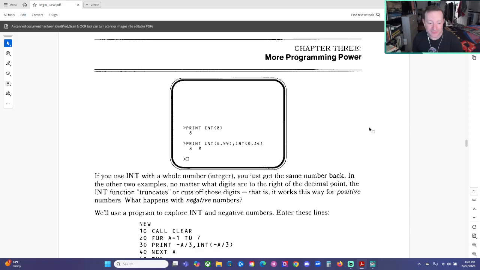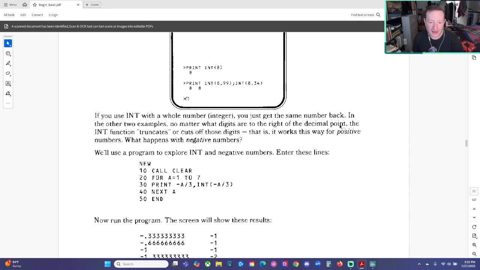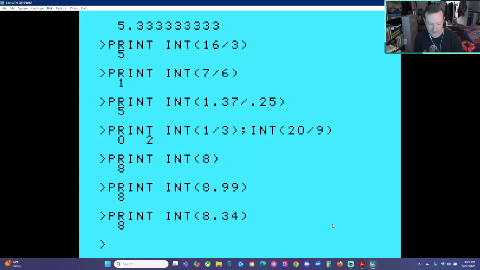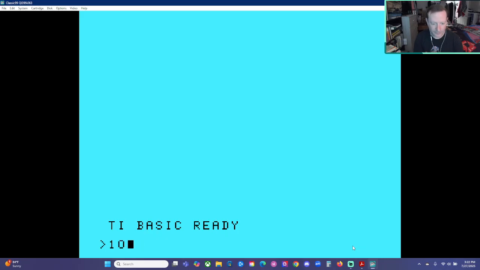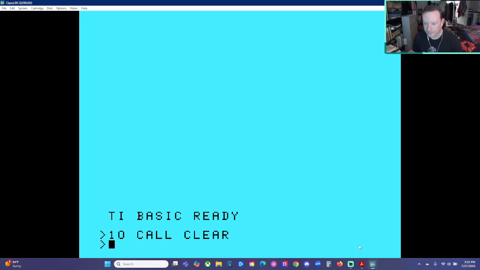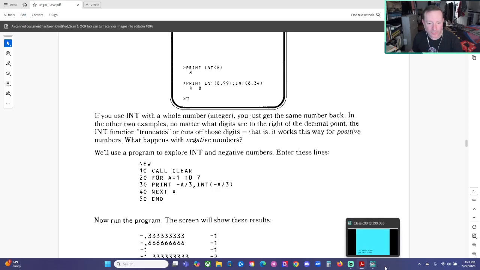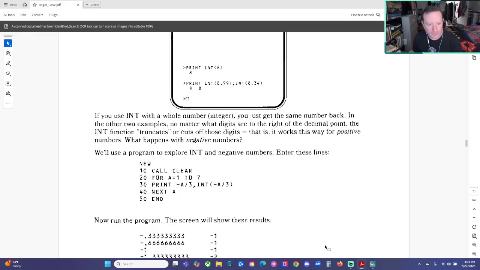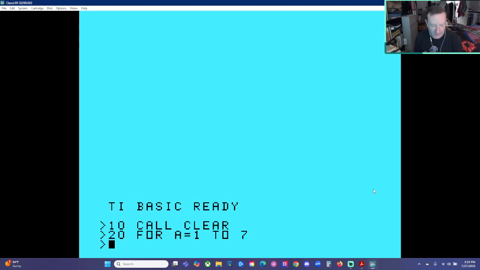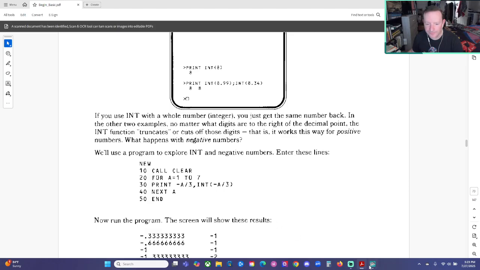What happens with negative numbers? We use a program to explore int and negative numbers. Enter these lines. So let's clear the computer's memory. 10, call clear. 20 for a equals 1 to 7. That's the beginning of a for next loop. 30, okay, here's our complicated print statement. Print negative a divided by 3, comma,